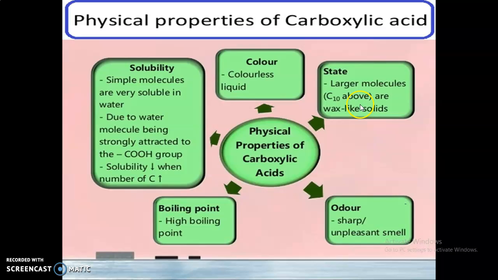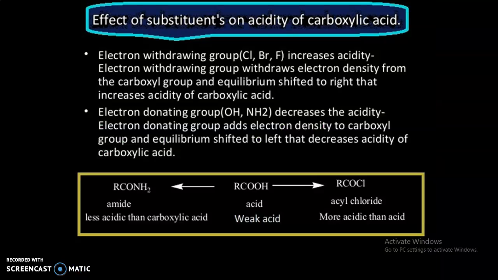Always remember one point: the more halogen atoms attached to the acid molecule, the stronger the acid. The closer the halogen atoms are attached to the carboxylic acid functional group, the stronger the acid. Another point to always keep in mind: electron releasing alkyl groups decrease the acidity, electron withdrawing groups increase the acidity.